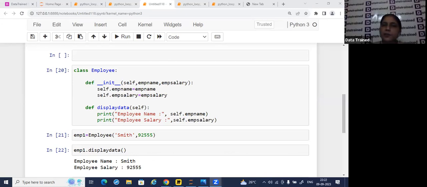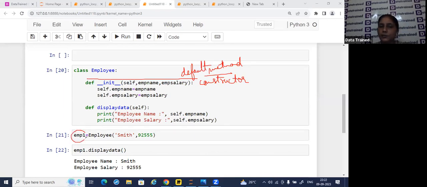There is quite a difference between the constructor and the object. This one is a constructor. Constructor is a method. Constructor is a default method which is called automatically when an object is created. Object is basically,